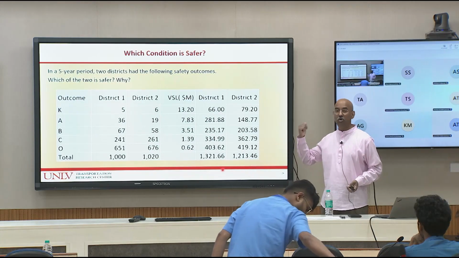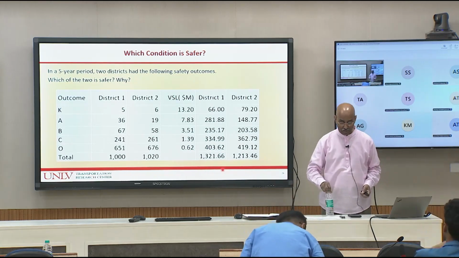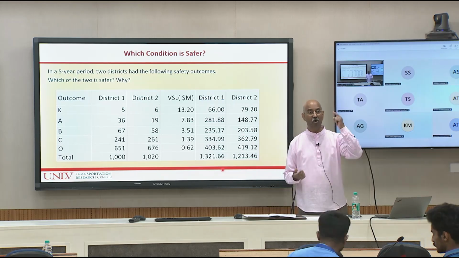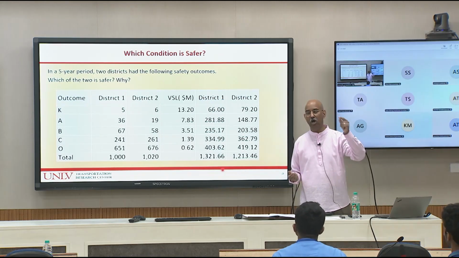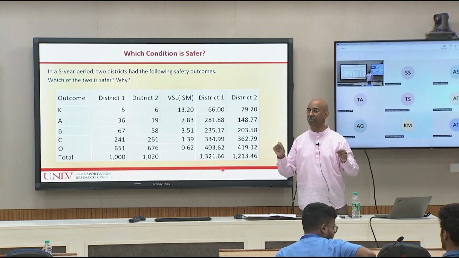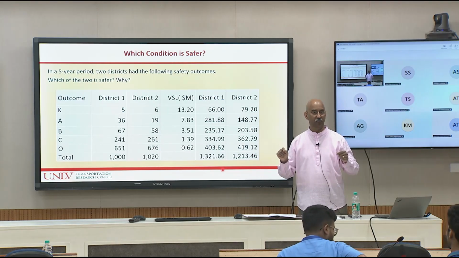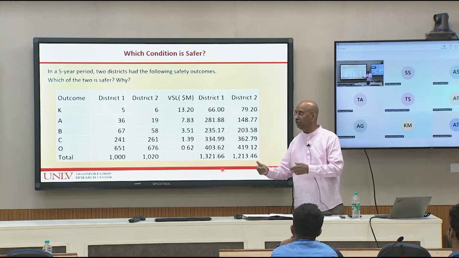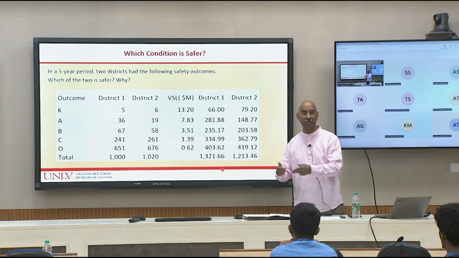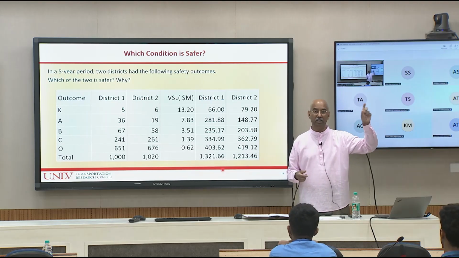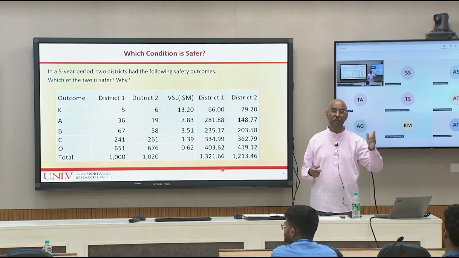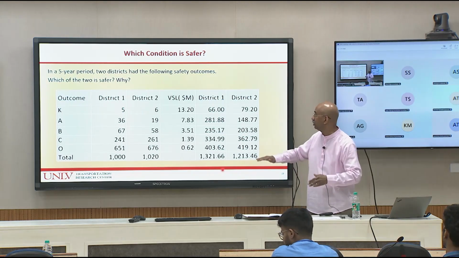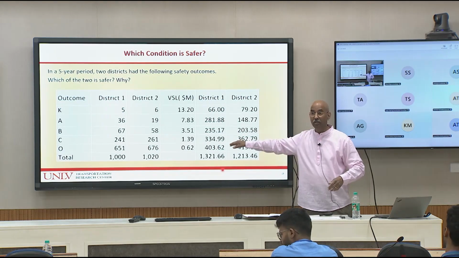But sometimes we don't take all of this into consideration, and increasingly what we are looking for from a safe systems approach is to avoid or minimize K and A type crashes. We are far more willing to accept the B, C and O type crashes. So any intervention, strategy or countermeasure that will reduce the K, the people killed, and people who have life threatening injuries will be given higher priority. So maybe we will not use the B, C and O in this analysis.